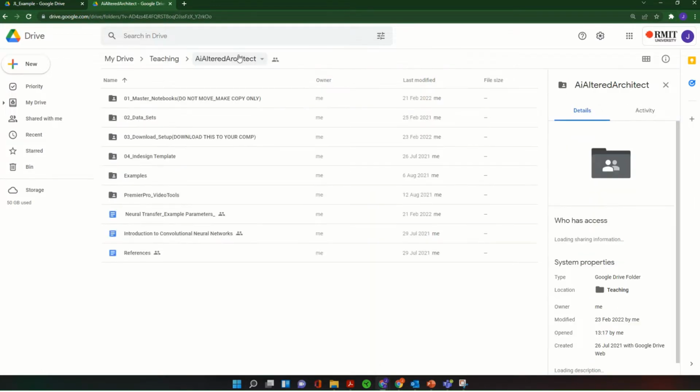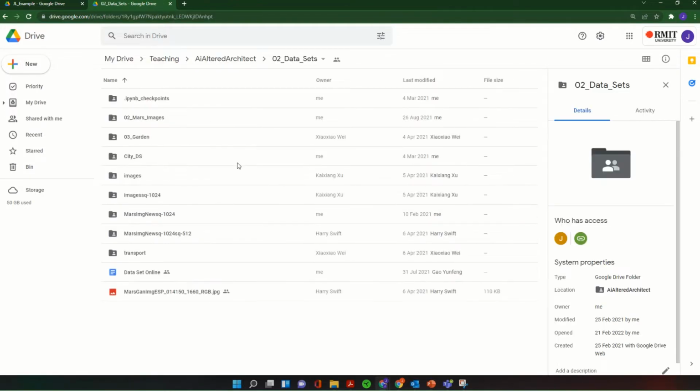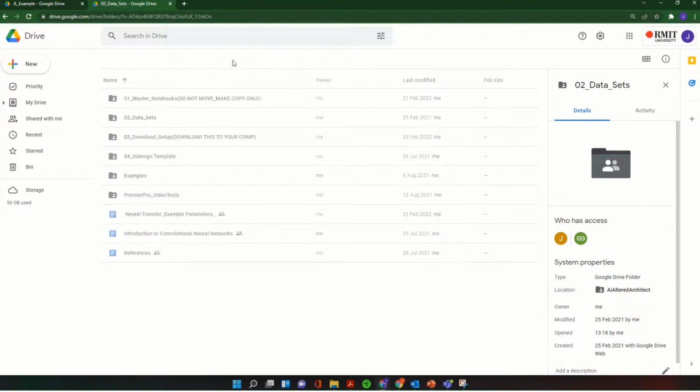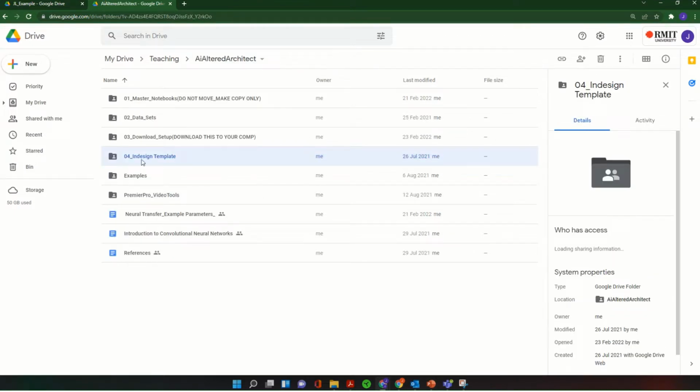So yeah, they're just the clean notebooks that you can start from scratch with if something happens. We've also got a data sets folder, which I'll show you in a bit how to use, and some other things which I'll go into more